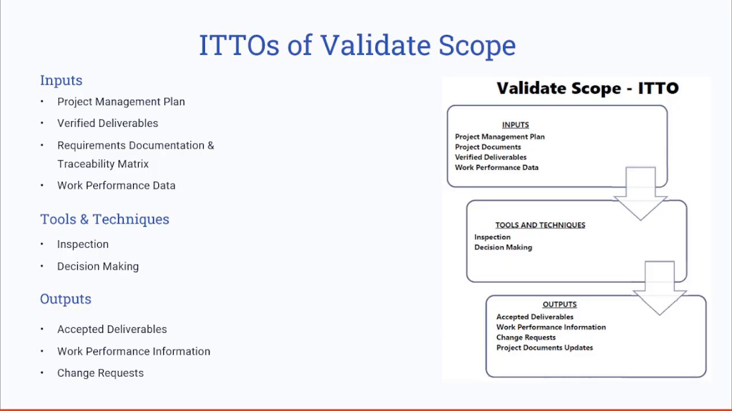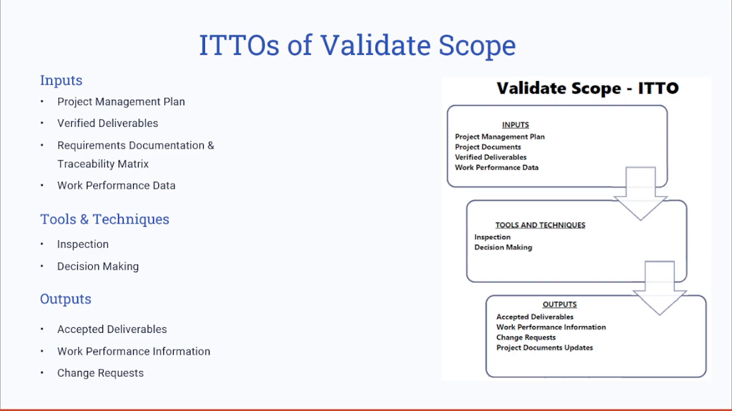And one of these important outputs is the change requests. In case any discrepancies are found, scope modification may be needed. So the Validate Scope process follows a structured approach using the inputs, tools, and techniques again to obtain the formal approval of the deliverables. The key input here is